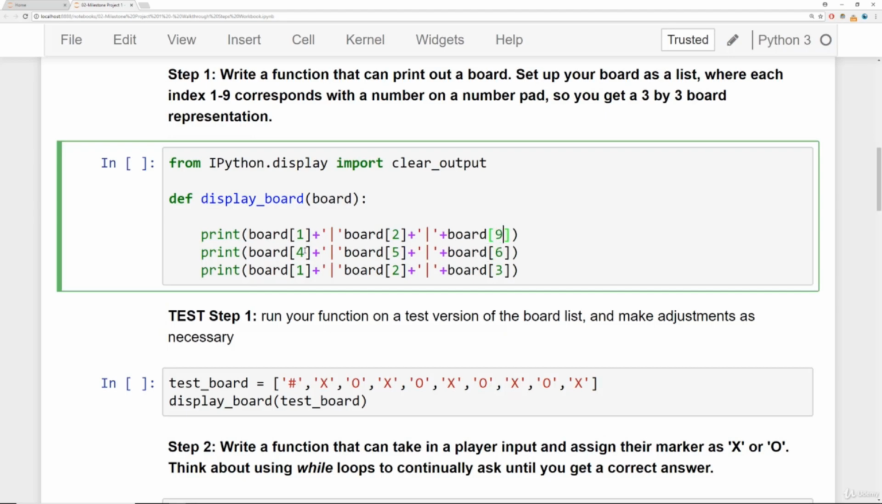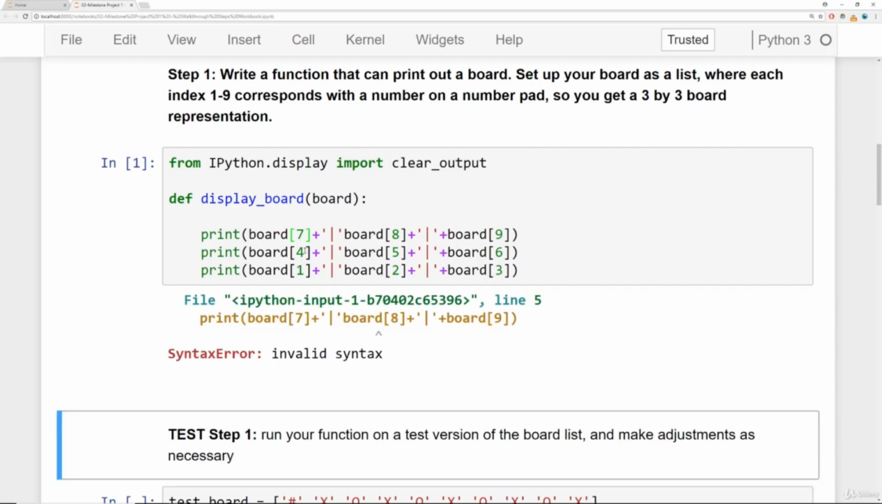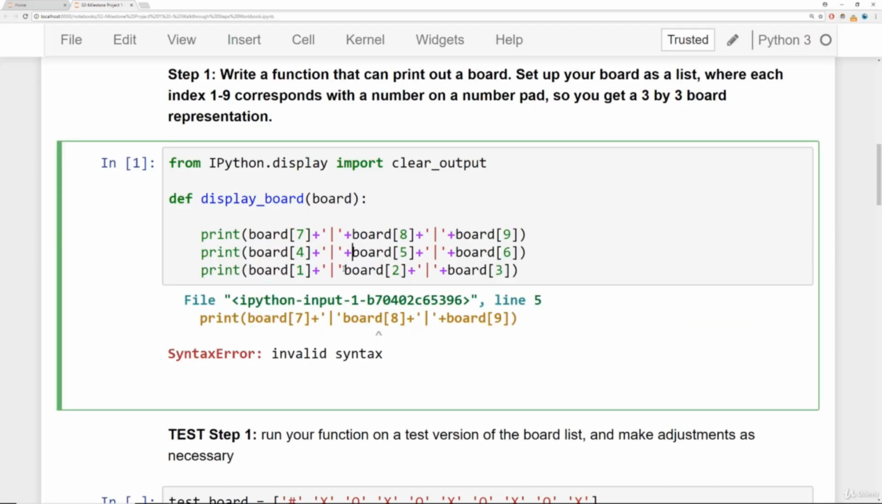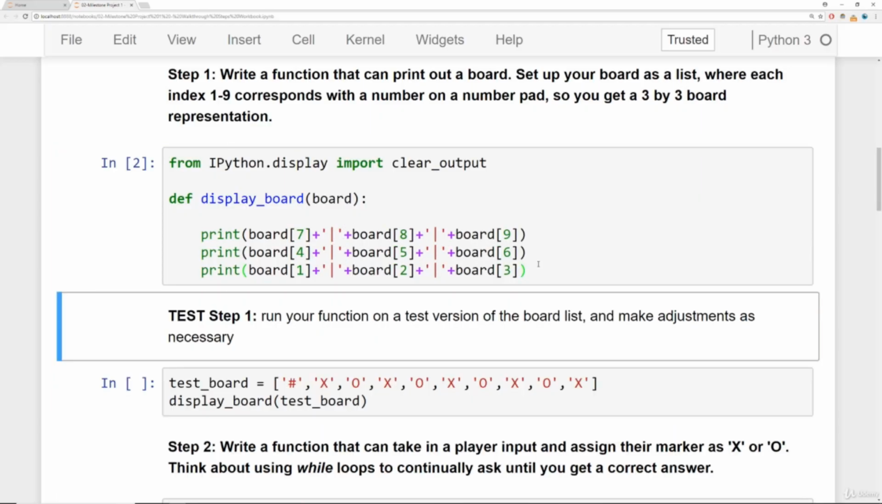And then 9, 8, and 7. And let's run this and see what happens. Whoops, I have invalid syntax. I forgot the plus sign here. Plus, plus, plus. Okay, now when I run this, what I'm doing here is I'm going to print out whatever